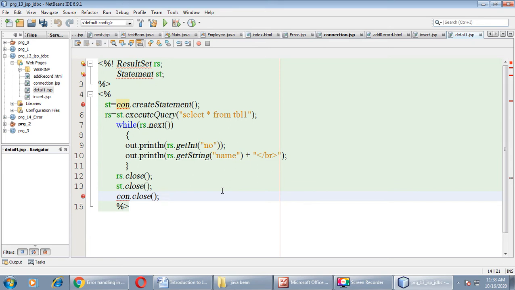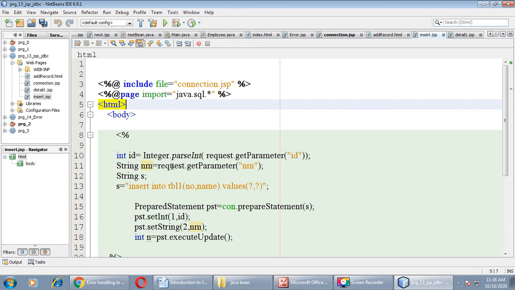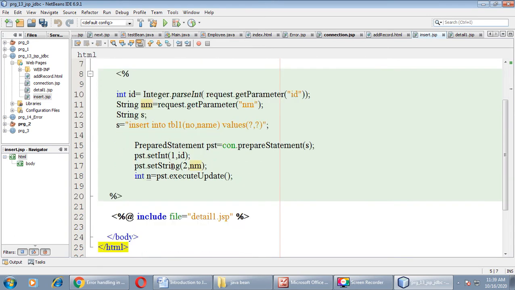Now go back to insert.jsp. If you see this code in a continuous manner, you will come to know that everything you have already studied in your first unit. I have just copied that code from the first unit and pasted it over here.